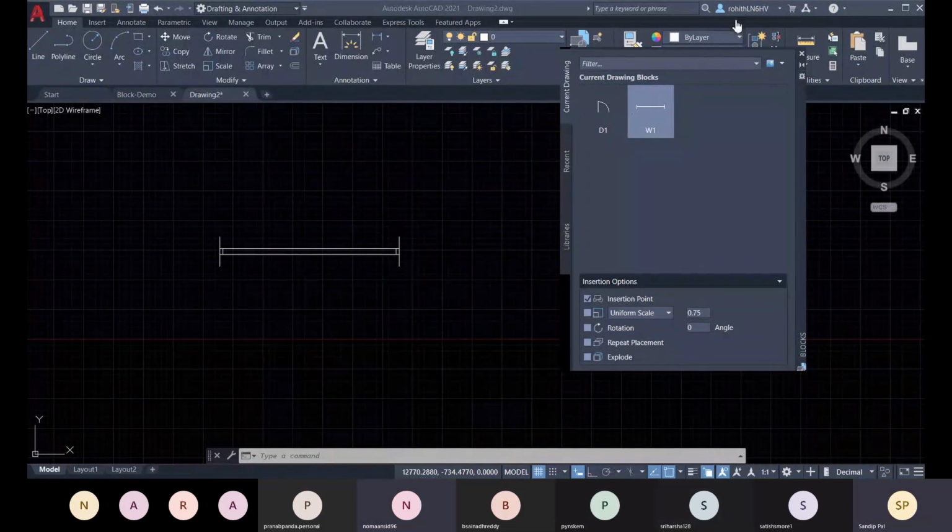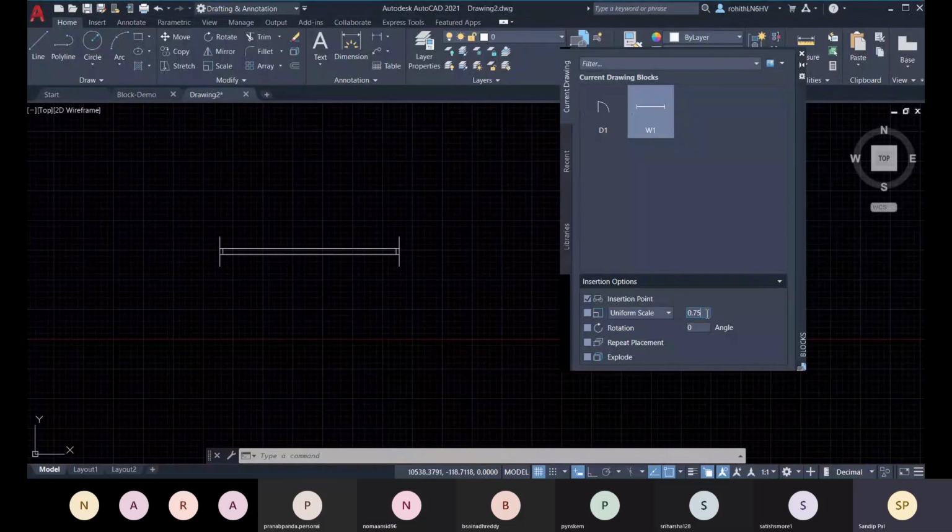0.8 and uniform scale. So that is the confirm. Everyone agree with this, right? Yes, sir. Now tell me, if I go with this 0.8, so in this direction it will decrease, and in the x direction it will be decreased, right? So for your window, do you need to decrease the thickness of your wall? No, sir. Okay. No, right?